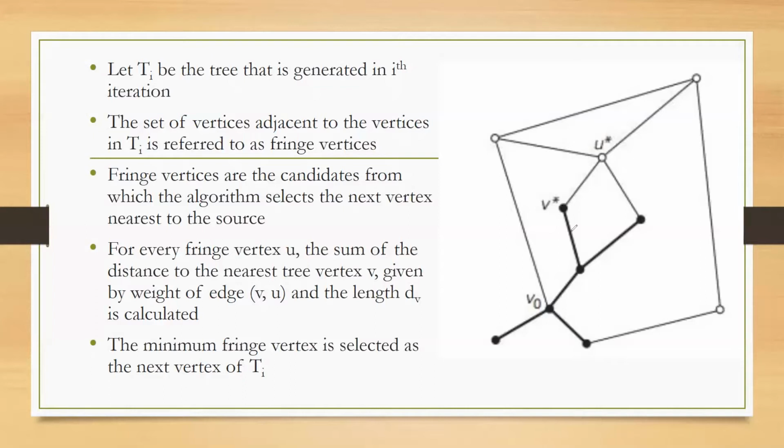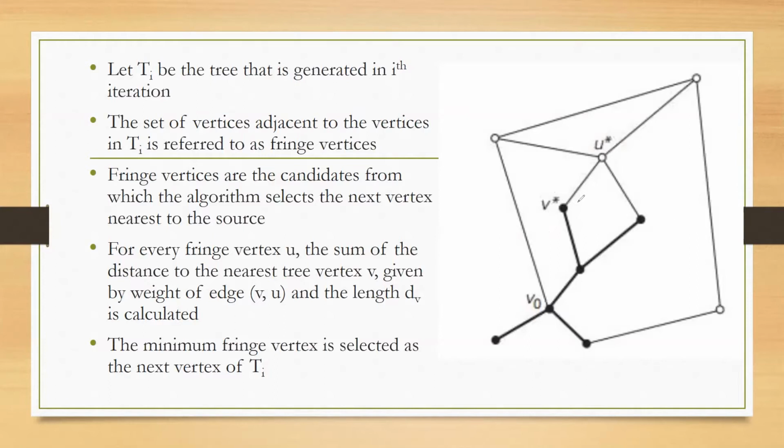In this problem, while the algorithm is being run or illustrated, every vertex is associated with two values. What are those two values? One value is the distance from the source vertex. Think of V star, a vertex which has two values. One is the distance from the source V naught. The other is its parent vertex, that is, the vertex that comes just behind V star in the path. So two things you have to specify for every vertex.